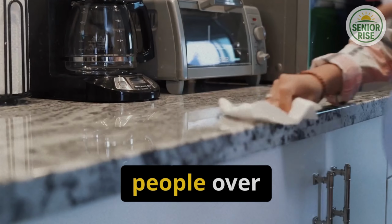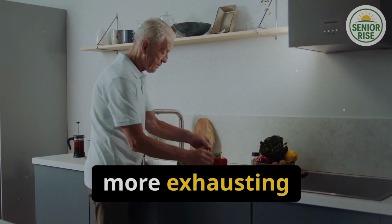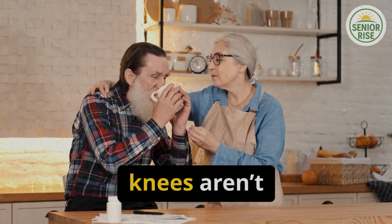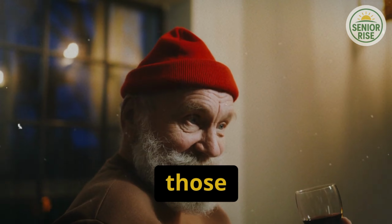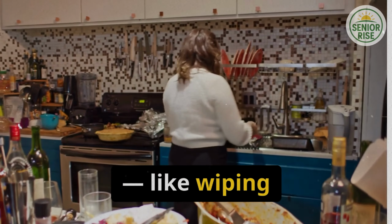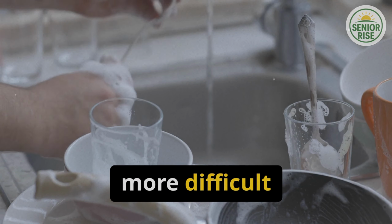There's something many people over the age of 60 quietly admit. Cleaning the kitchen is becoming more exhausting than it used to be. Hands aren't as steady, knees aren't as strong, and sometimes eyesight just isn't sharp enough to catch those tiny smudges. Simple tasks, like wiping the stove, freshening the fridge, or unclogging the sink, now feel a lot more difficult than